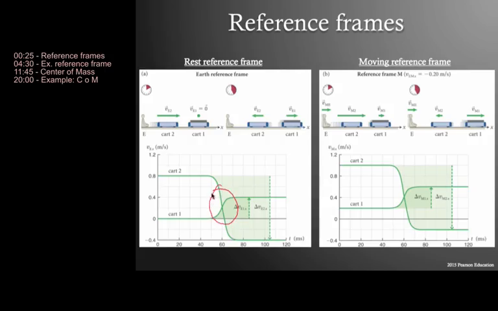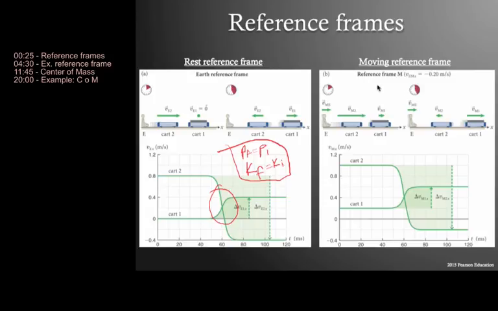Then there's some collision here, and after the collision, car 2 looks like it bounces back towards us, and car 1 moves away at some velocity. We measured these delta V's for each car, and we can find out all this information just by considering conservation of momentum. And since this is an elastic collision, we can consider how kinetic energy is conserved. So this is all we really need to know in order to solve for the final velocities in this case.